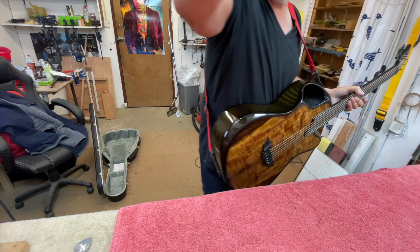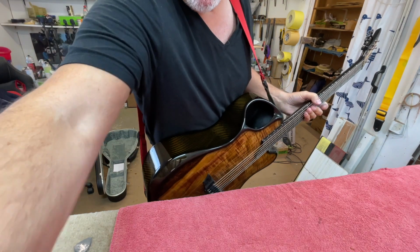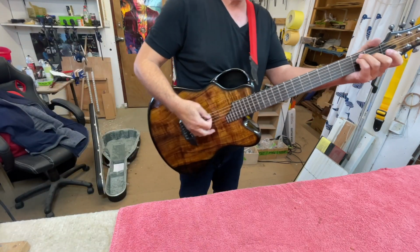I'm just going to see what I can see through here. We don't need to see me, we just need to see the guitar. Anyway, so